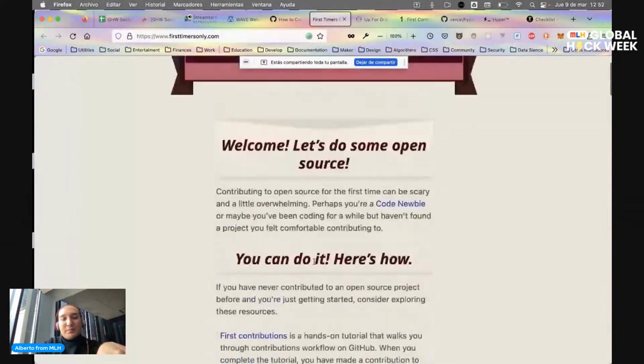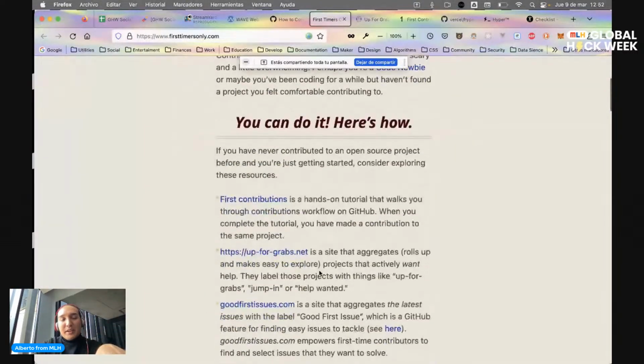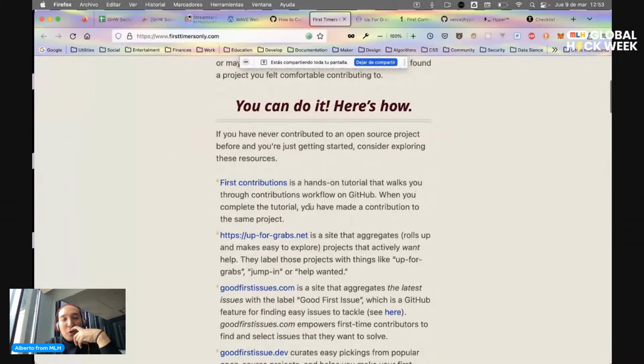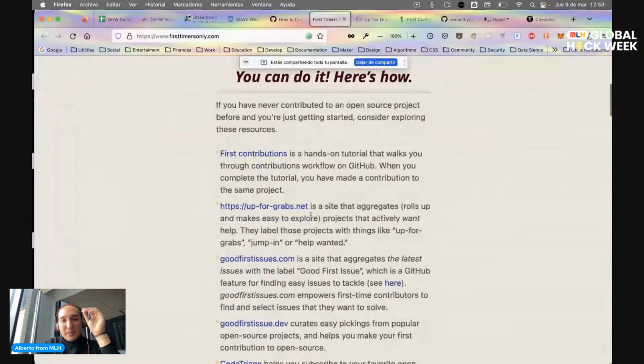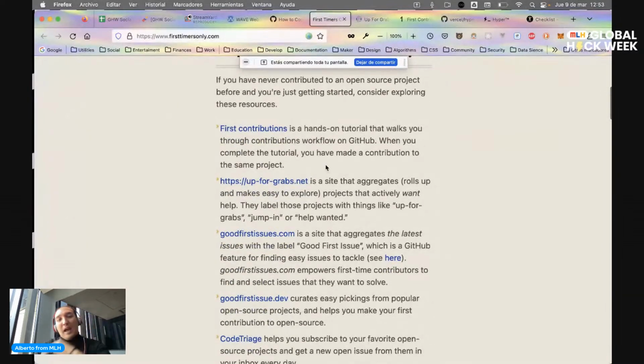Yep. So there are a lot of resources here. If you go to GitHub and search for the label first-timers-only, you will have a lot of repos for first timers in open source. This first contribution hands-on tutorial is really cool.